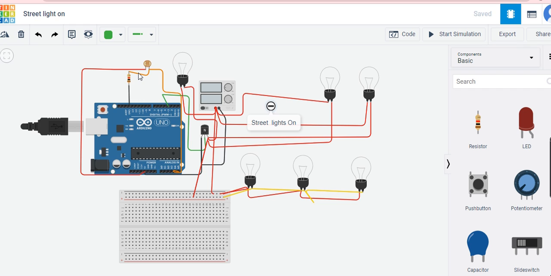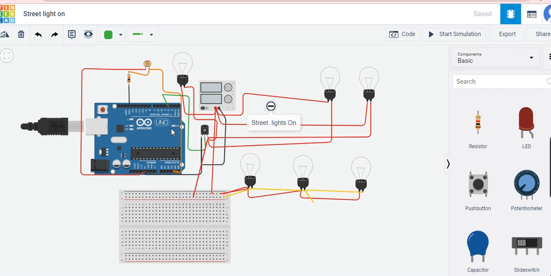So this is the connection of this photoresistor. It will sense and read the analog value from port A5. The photoresistor gives a voltage, and that voltage is converted by the ADC inside the Arduino processor, and then you get the digital data.